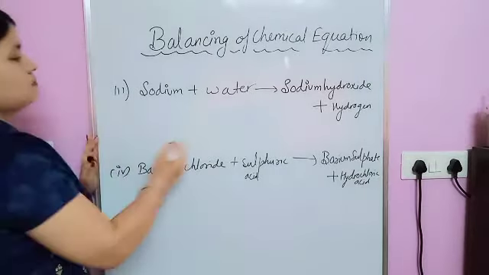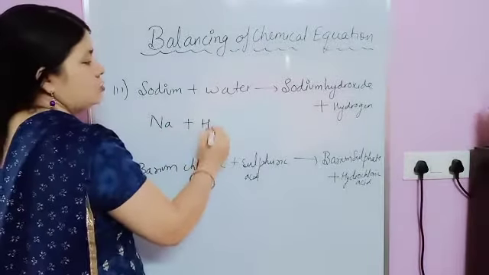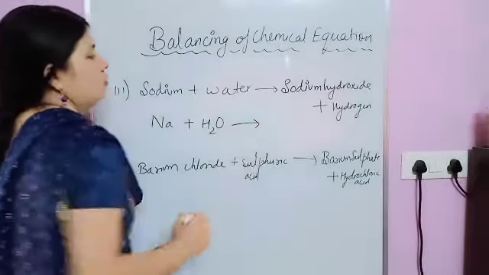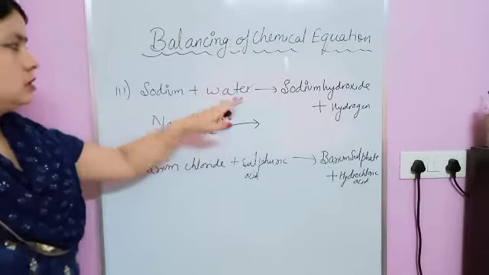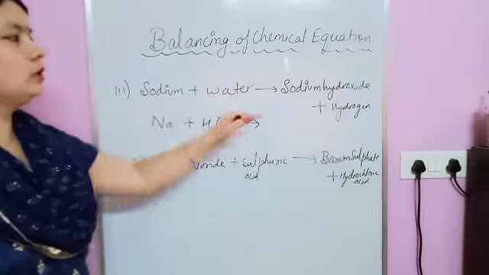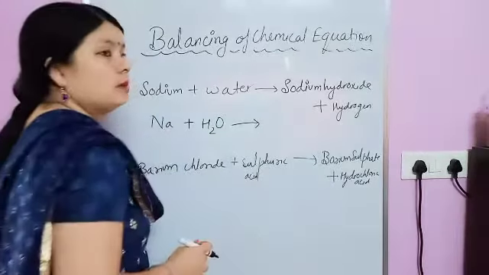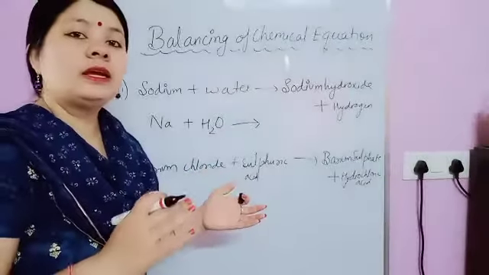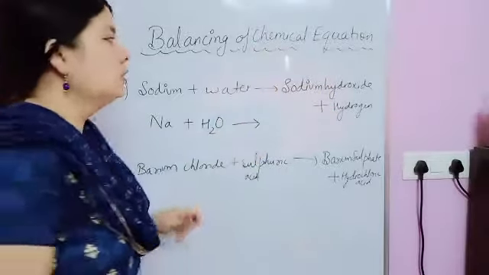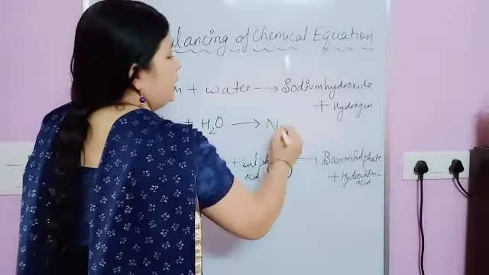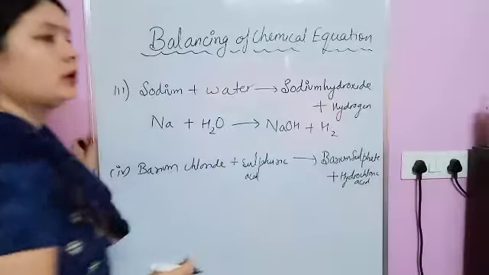This one is sodium. Then this one is H2O. Okay, now when sodium reacts with water, this one is a statement. So first of all, convert it into an equation. So Na plus H2O, it gives sodium hydroxide. Na positive, OH negative. Both have one valency. Okay, the formula becomes NaOH plus hydrogen, diatomic molecule.